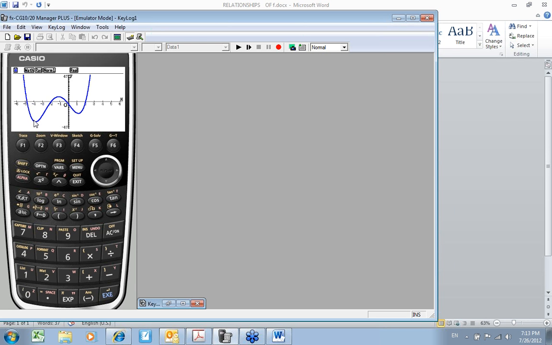What you want to do is talk about what your y values are doing as you move left to right. So you would talk about the y values decreasing till you get to that local min, and then the y values start to increase till you get to that local max, and again decrease, and again increase. And those intervals are important.